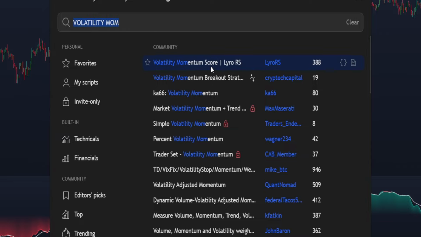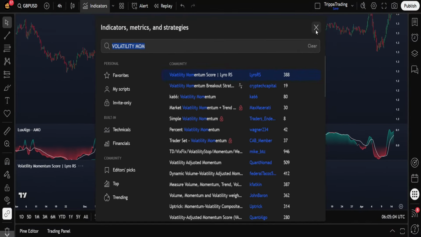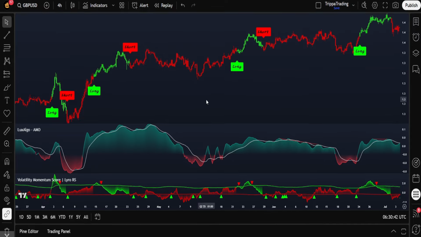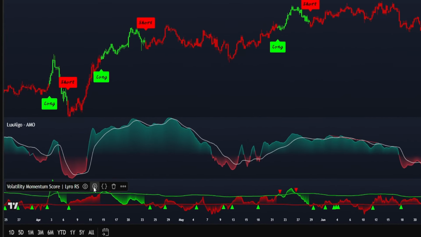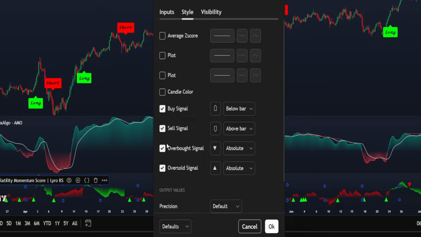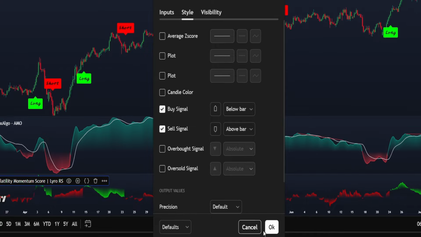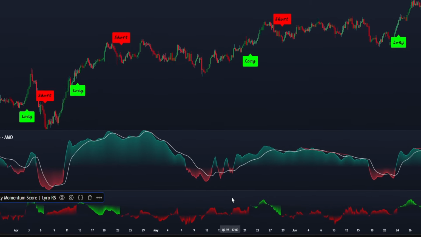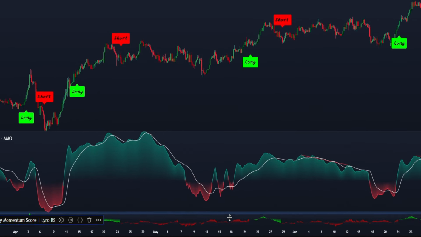It's going to be this one. Add it to your chart. Once added, first of all, open its settings. You can open it from here and go to Style tab. Turn off everything, except the buy and sell labels. Disable averages, disable the plot lines, turn off candle coloring, turn off the score bars. Click OK. Now, the lower panel disappears and you'll just see small buy or sell labels pop up directly on